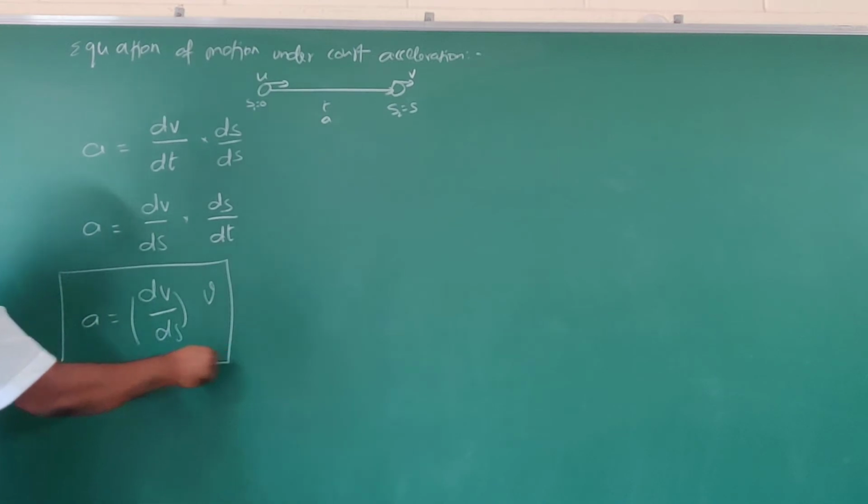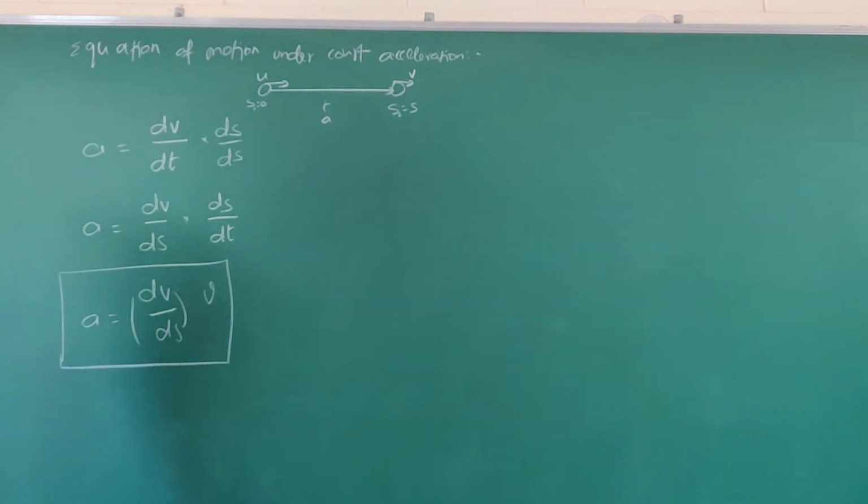This is a very important equation, students. Generally we know that v is equal to ds by dt and a is equal to dv by dt. In the same way, we got a is equal to dv by ds into v. These equations are very important, so keep them in mind. With respect to time, dv by dt. Without time, dv by ds into v. That's it. From this onwards, it is very easy to solve this equation.